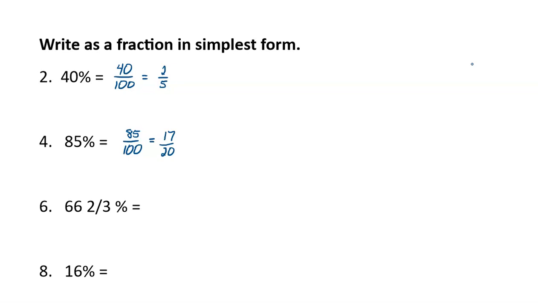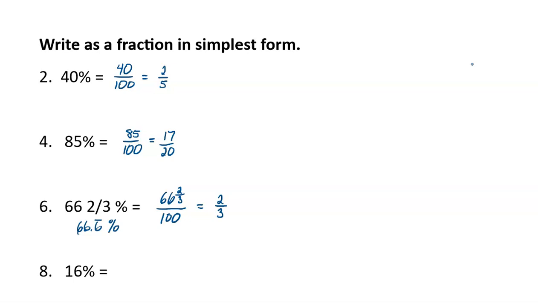Number 6, 66 2/3% is 66 2/3 per 100. Now the fastest way to do this problem is to memorize it. 66 2/3%, or 66.6 repeating percent, is the very common fraction 2/3. Now if you don't have that memorized, then you're going to have to use a calculator to arrive at that